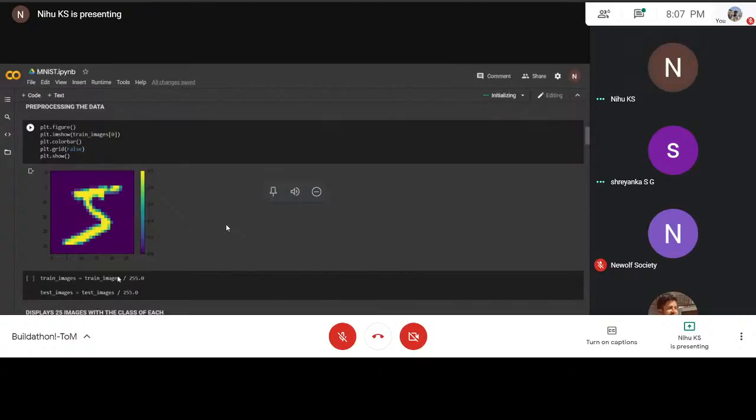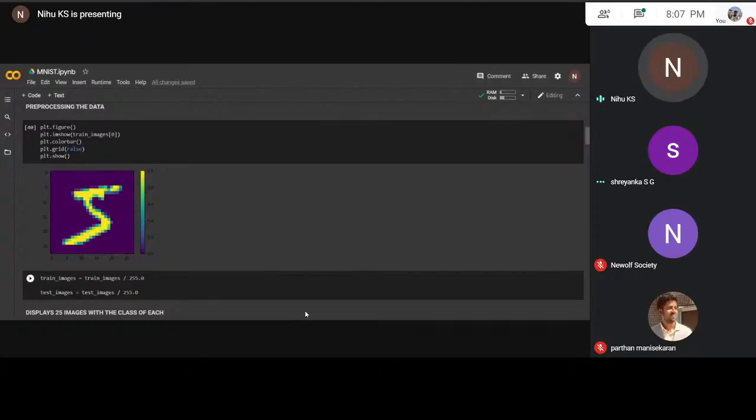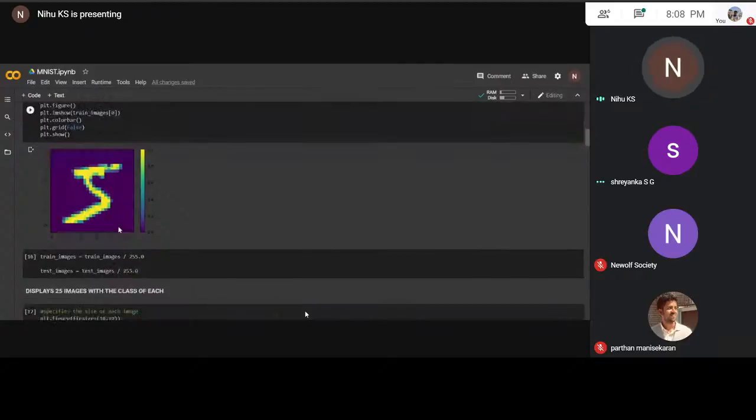Since it's a set of black and white pixels, which is not like that here, but in the data set it is black and white, the values change from 0 to 255, and that is why we have these two lines here where we divide it by 255. And this is just one example, as we have taken here in the second line. We've taken the very first image in the data set, and it happens to be 5.